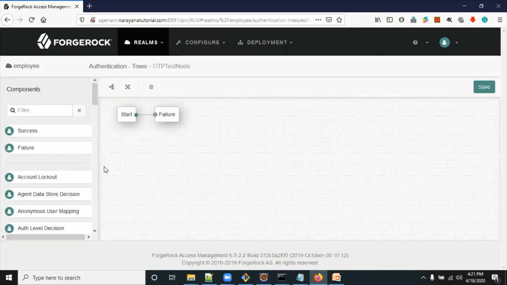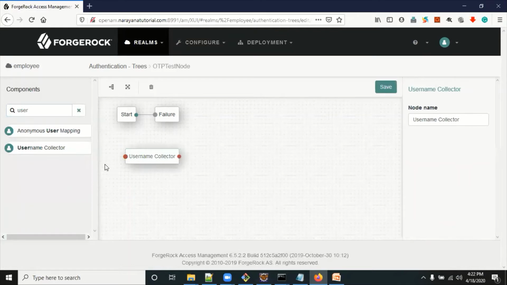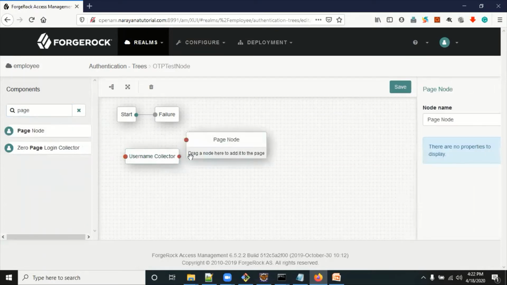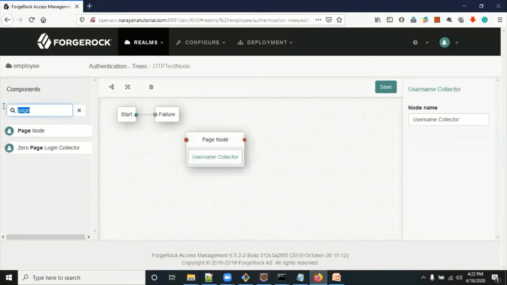Now first we need a username collector and password collector. Here you can use a page node also, so the page node will accept multiple nodes, like username and password.